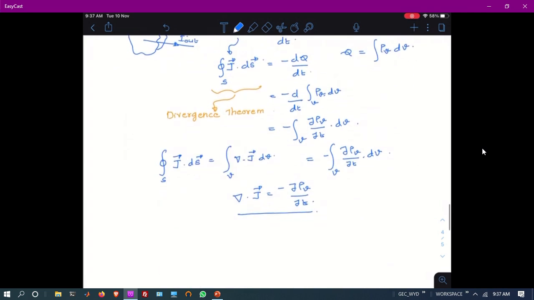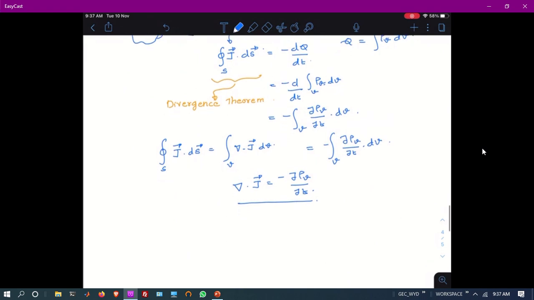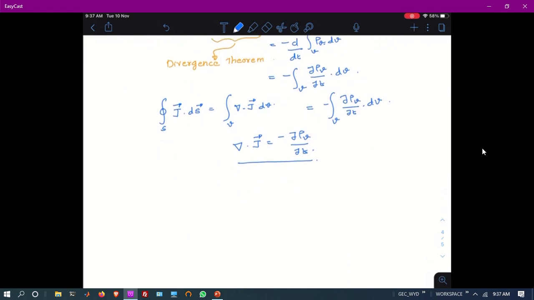So there is a contradiction, because of which Ampere's law or Ampere's equation needs to be modified, and the modification is very simple. When you take del cross H, it is J plus another factor called JD,